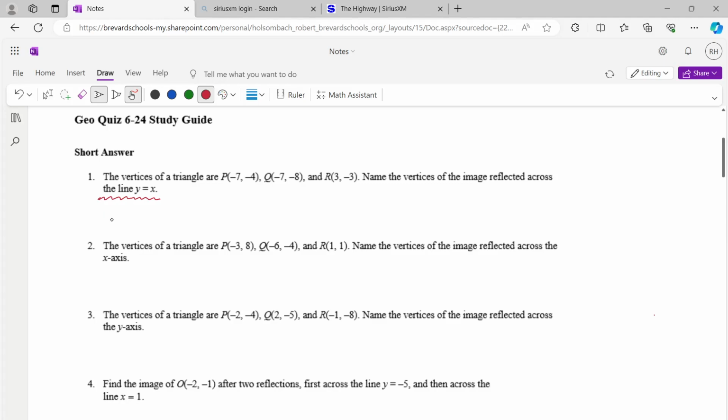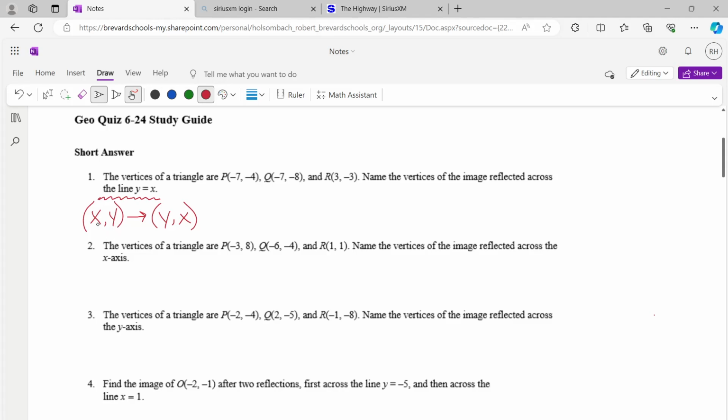And the shortcut is that for every x, y that gets reflected across the line y equals x, the rule is that we just exchange the x and the y. So what I'm telling you is that you don't have to graph it, you don't have to draw perpendicular lines,